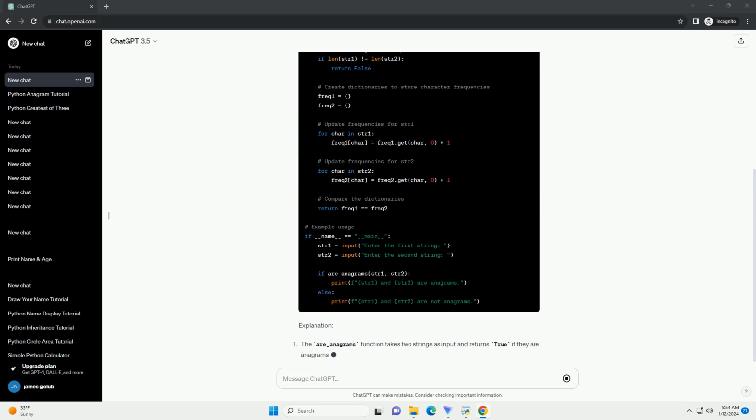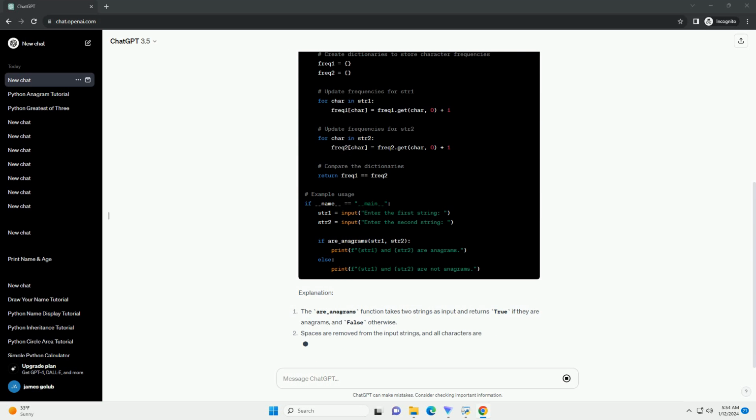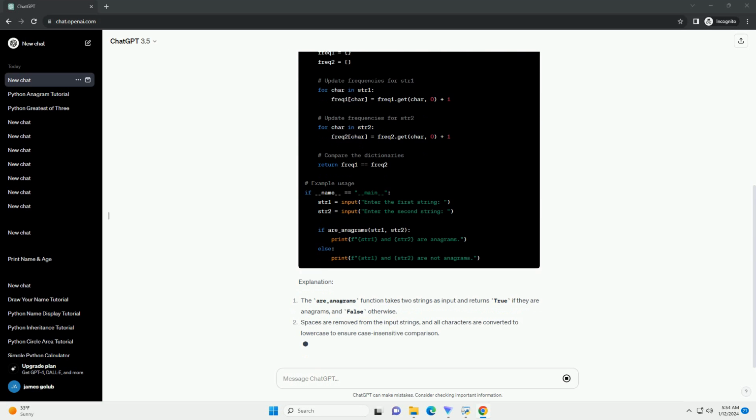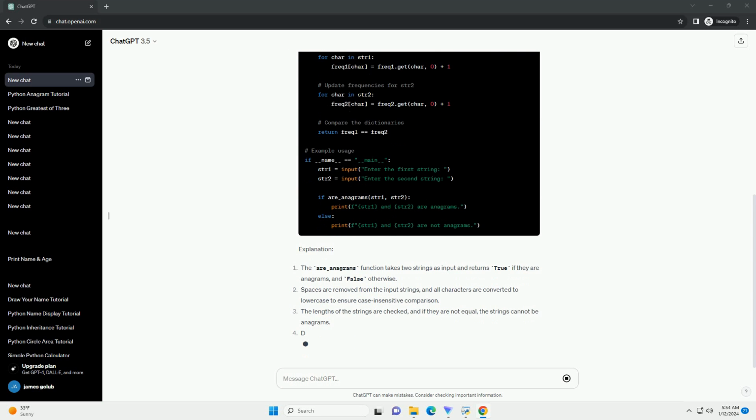Dictionaries frequency1 and frequency2 are used to store the frequency of each character in the respective strings. The frequencies are updated for each character in both strings. Finally, the function returns true if the dictionaries are equal, indicating that the strings